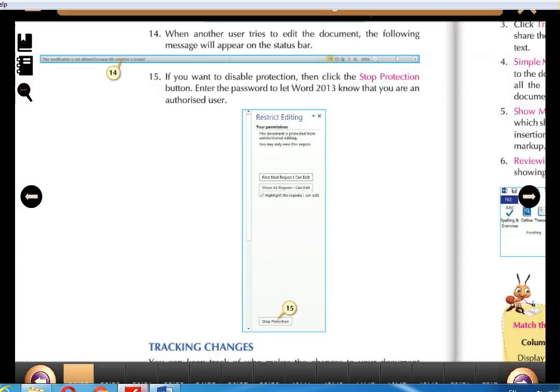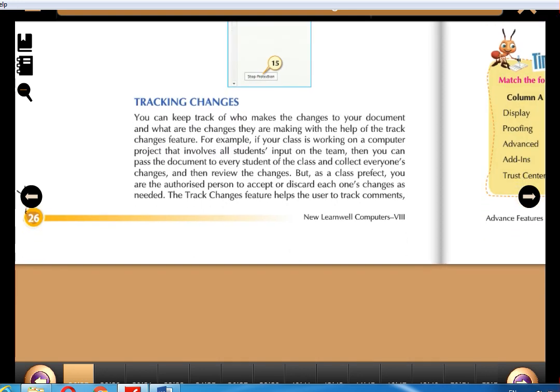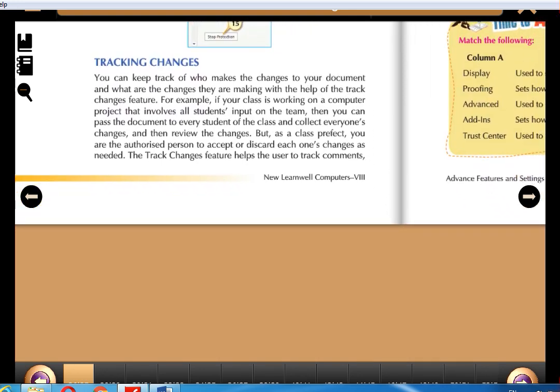The next topic is tracking changes. What is tracking changes? You can keep track of who makes the changes to your document.